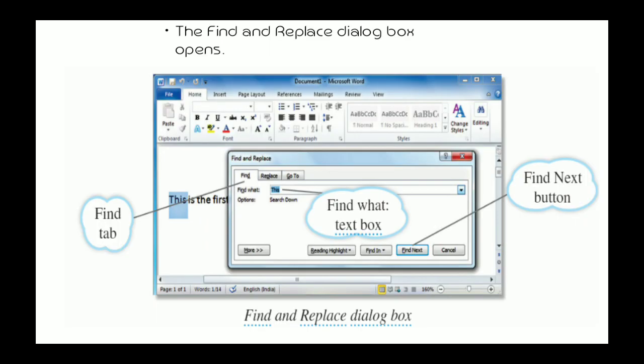Then when you click on the find option, the find dialog box will appear. Then in the find what box you have to type whatever you want to find. Then if you click on find next, MS Word will start searching for the lookup text in the document from the insertion point. If a match is found, MS Word 2010 stops searching and selects the text. The search can be continued until the entire text is scanned.